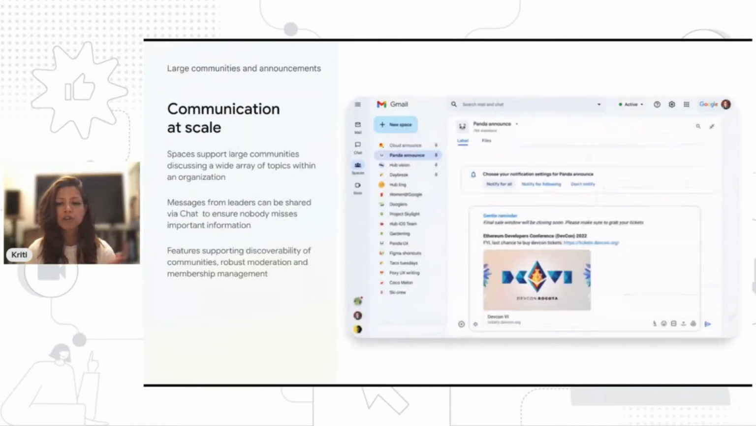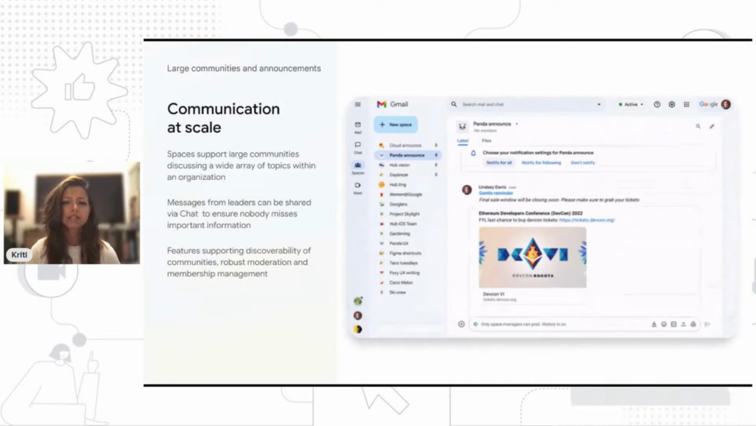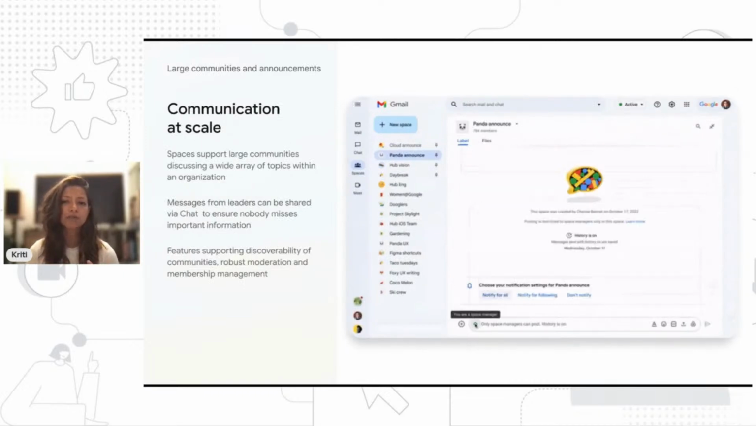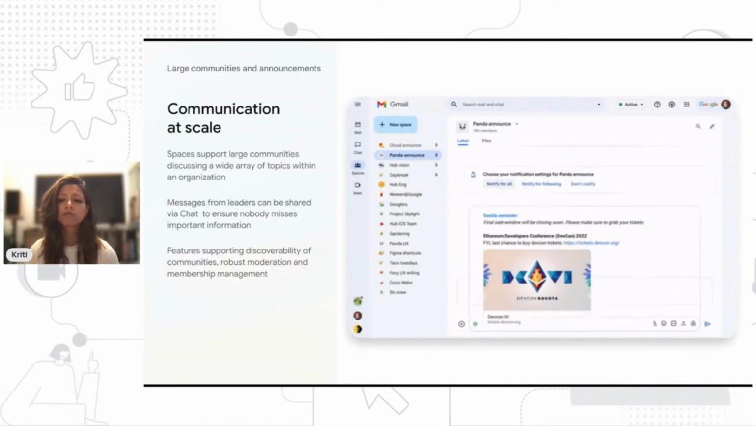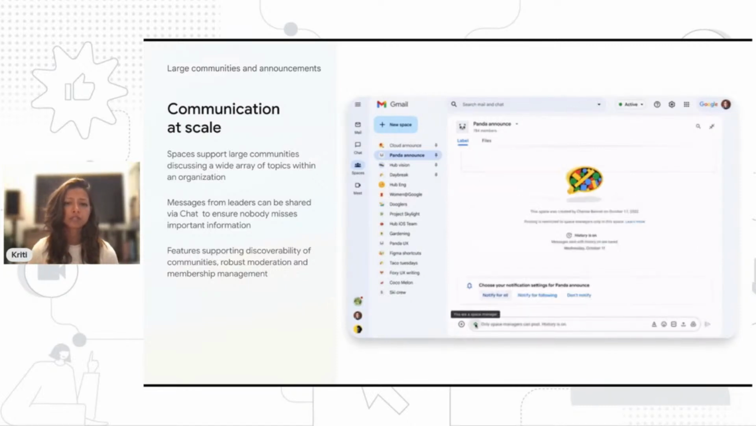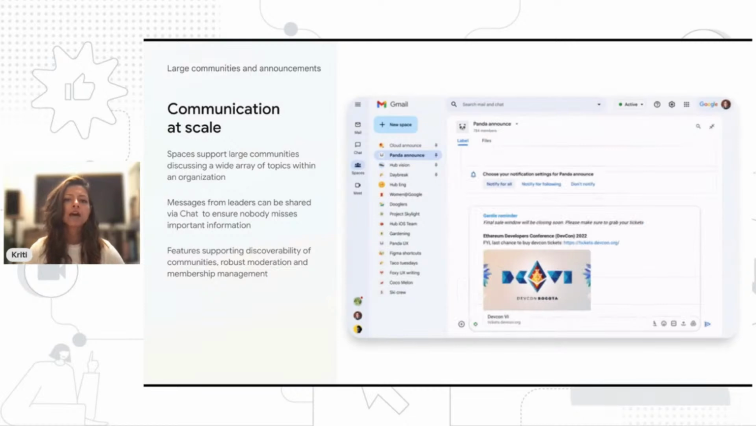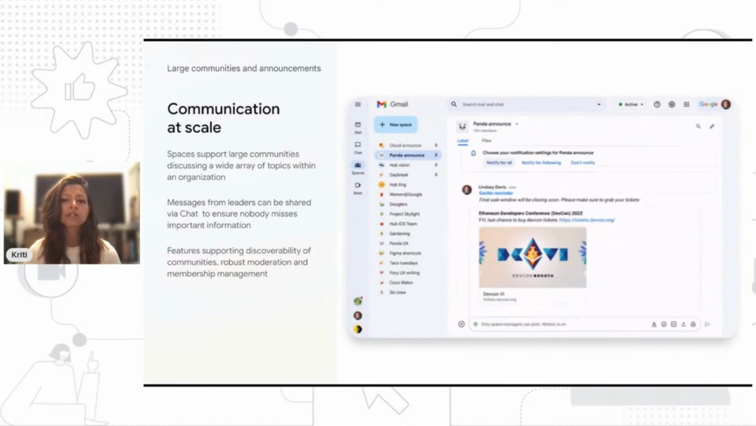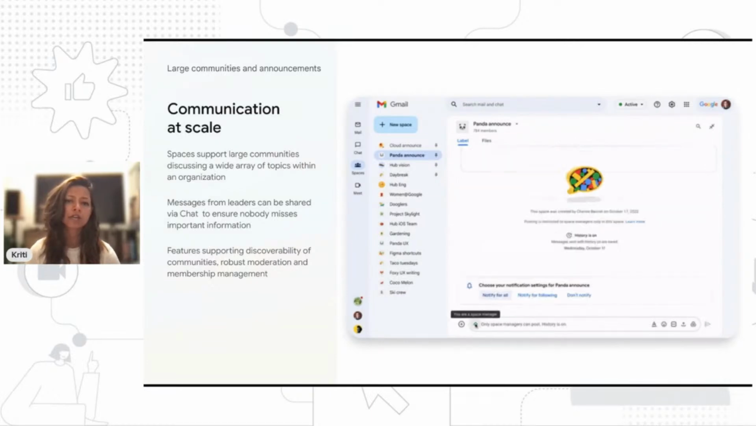We also saw, as part of the user insights or the communication insights, that announcements is also important for organizations, and so Spaces does support that, where posting can be restricted to a certain group of people who can then broadcast the information to a set of members. This can be used for things like leadership communication or announcements. And because all of this is built into chat, it ensures that users are not missing out on any important